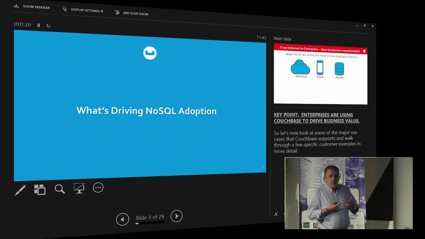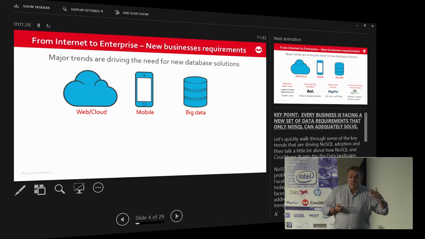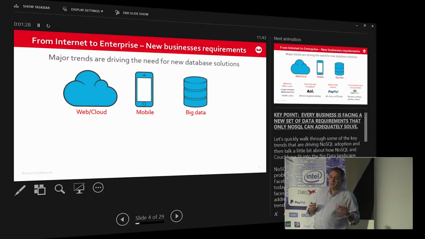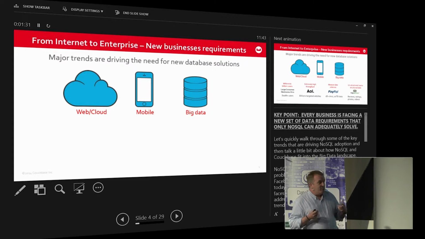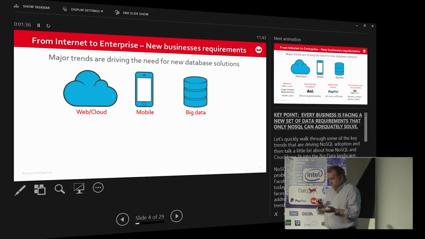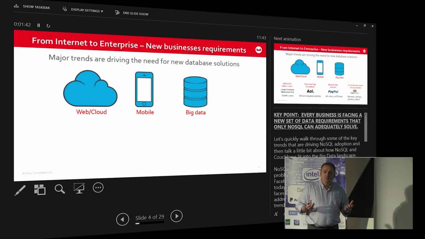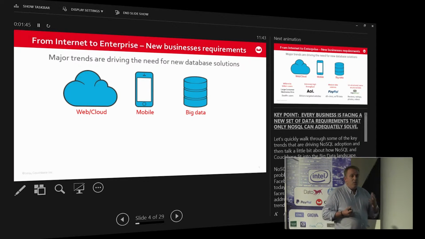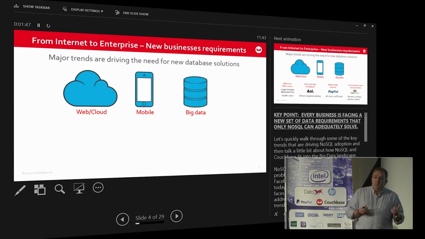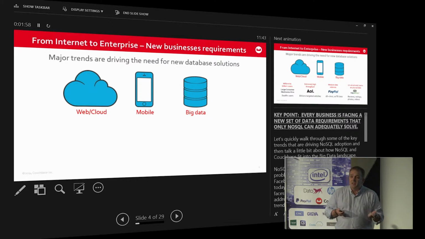A lot of people have been talking about NoSQL adoption and what's driving it, but really it's several things that we all know about. There was a time when data and information and people interacting with that information resided within the walls of your business. And then Google came along, Facebook came along, eBay came along, PayPal came along and changed all of that. What happened was you had multiple people at web scale accessing your business. But even inside banks, instead of going to the branch, as somebody said, Lloyds have laid off 9,000 people. You don't go to your branch anymore. People check their bank balance online. People check on their mobile phone to see if their paycheck has hit so they can go to the pub,